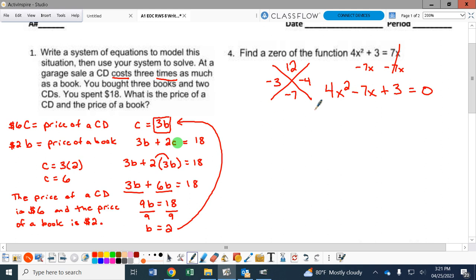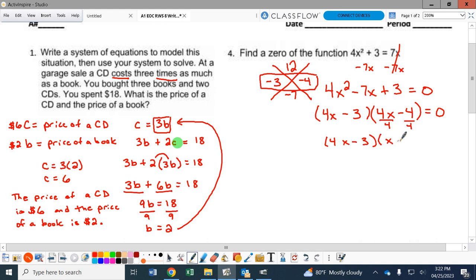We're going to set up our two sets of parentheses. Now, because this is a hard diamond, instead of putting x by itself in the front, it's going to be 4x with no square, and then these diamond numbers go at the back. So it's going to be minus 3 and minus 4. When you're doing a hard diamond, you have to see if anything will cancel out of either one of these. So we can take a 4 out of both these. It's going to leave us 4x minus 3 multiplied times x minus 1, because the 4's cancel out here and here,